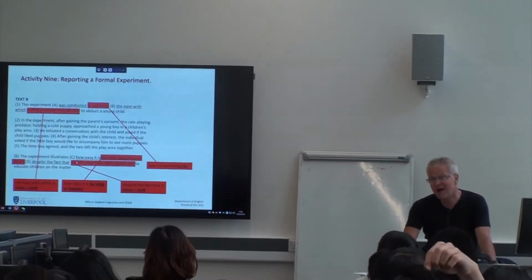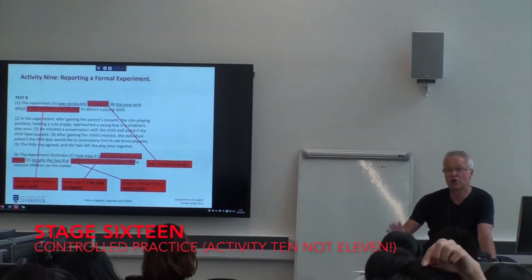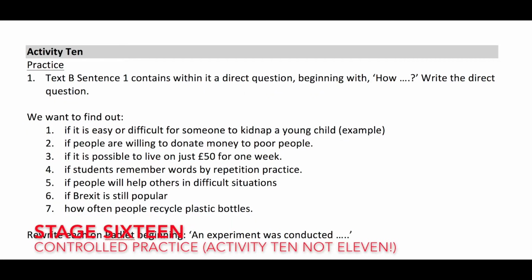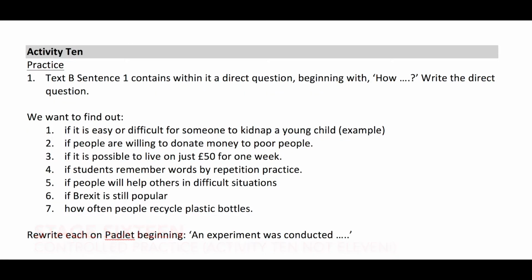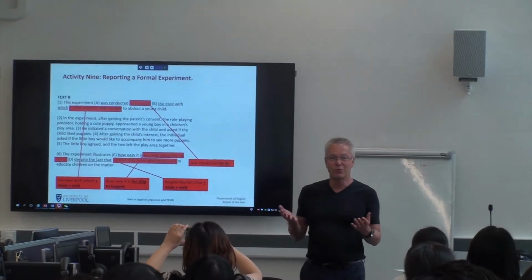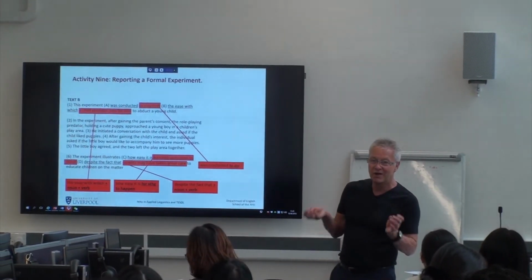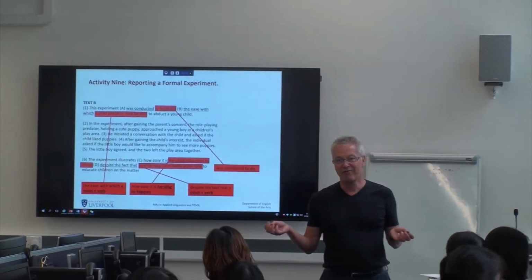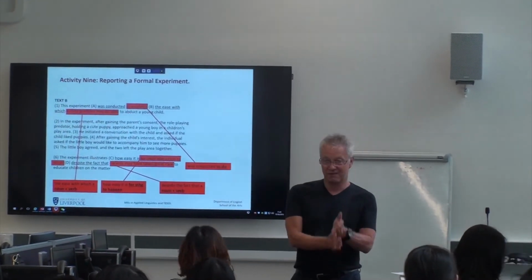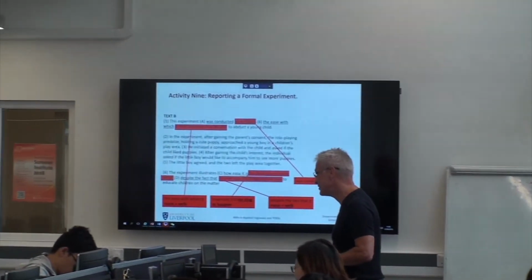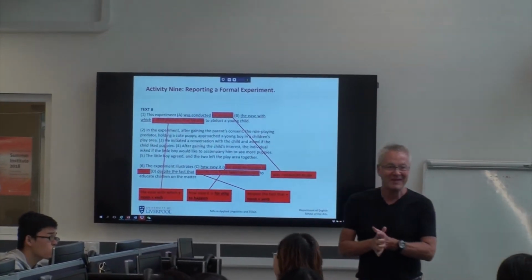Okay. The final activity is to give you some controlled practice on these language points, which is activity 11, but we haven't got time to do that. If you were my class now, I would ask that for homework you write a formal description of your second video. Okay, that's what the final homework is. You don't have to do that.